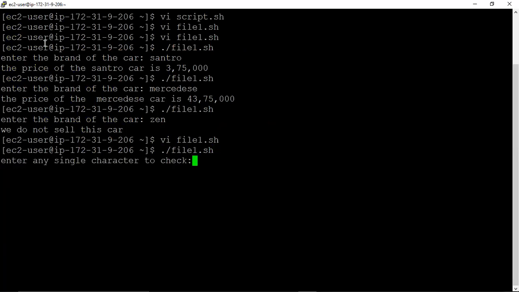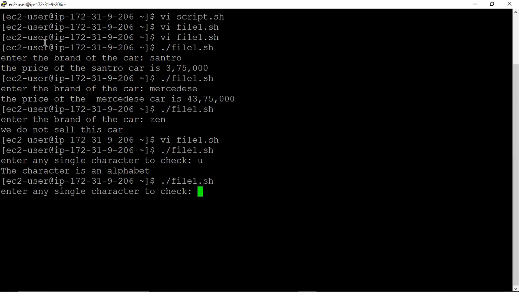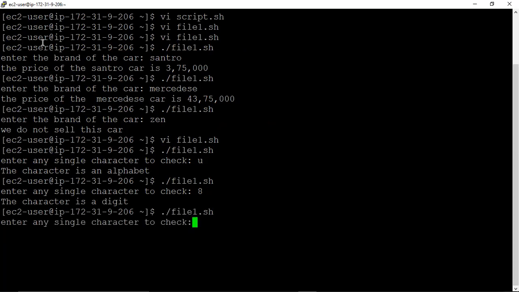Okay, enter any single character to check. Suppose we take U. Now see the action: the character is an alphabet. Again run the script. Now we enter, suppose, 8. See output, the character is digit. Again we run the script and check for a special character.